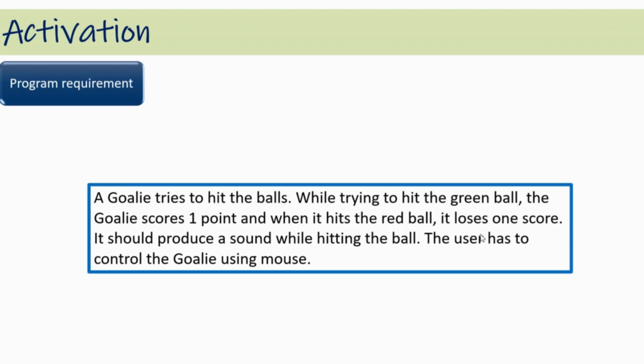While trying to hit the green ball, the goalie scores 1 point, and when it hits the red ball, it loses one score. It should produce a sound while hitting the ball, and the user has to control the goalie using a mouse. So first, when you have the project requirement in hand, you have to see, as you are